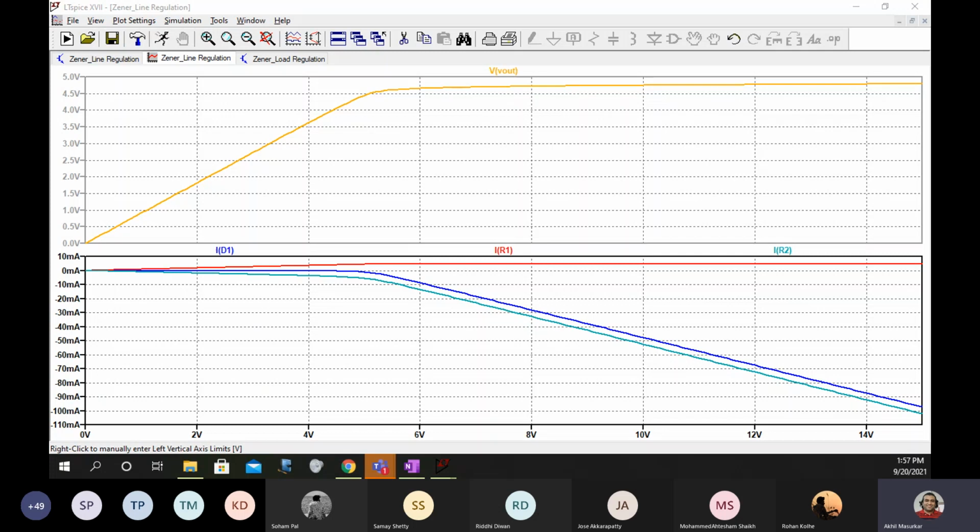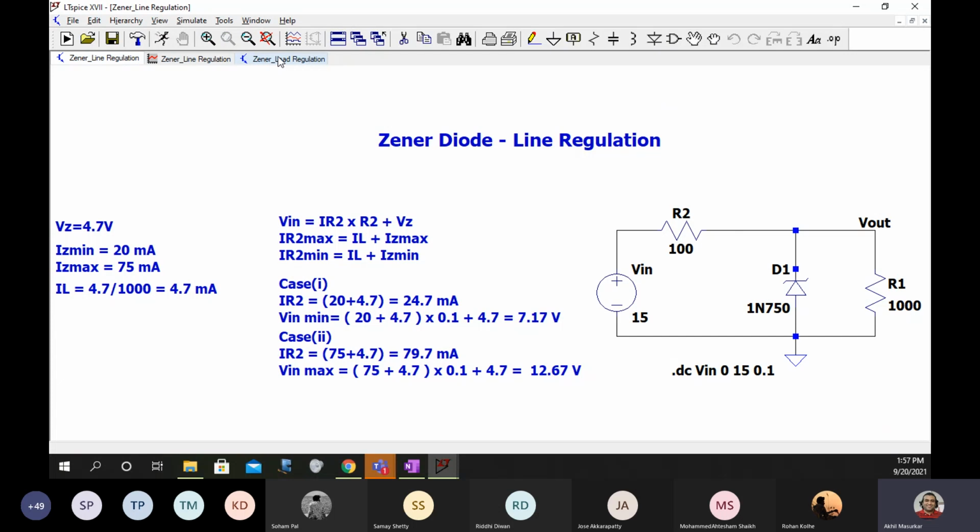ID1. I got what you are saying. The circuit is alright. There is no problem in the circuit. Can you right click on Vin? So right click on Vin.